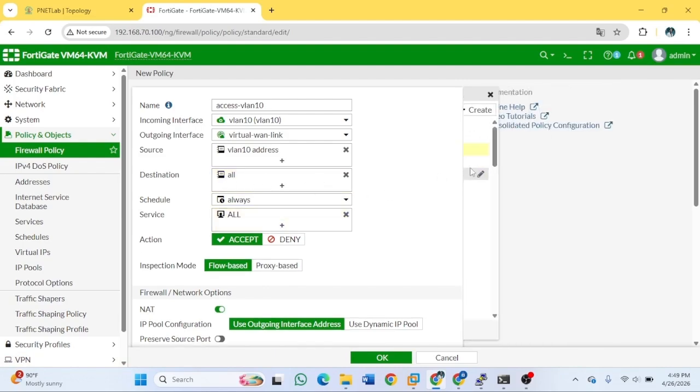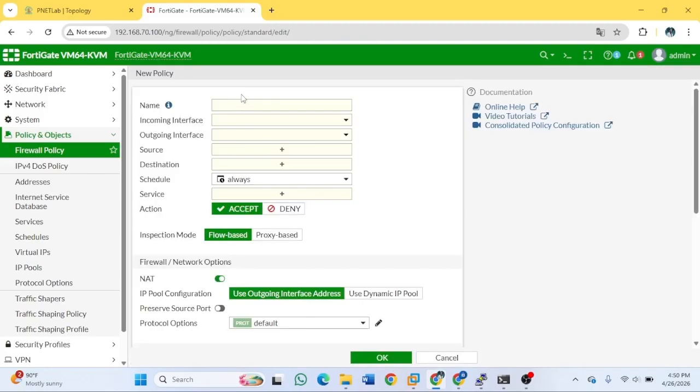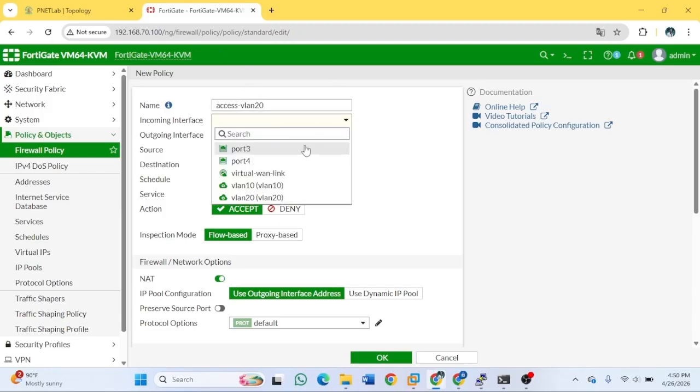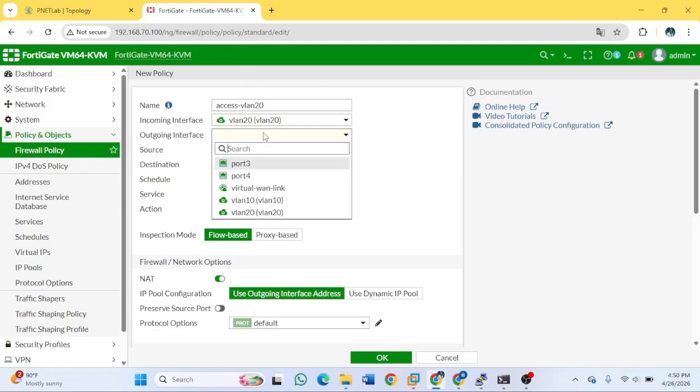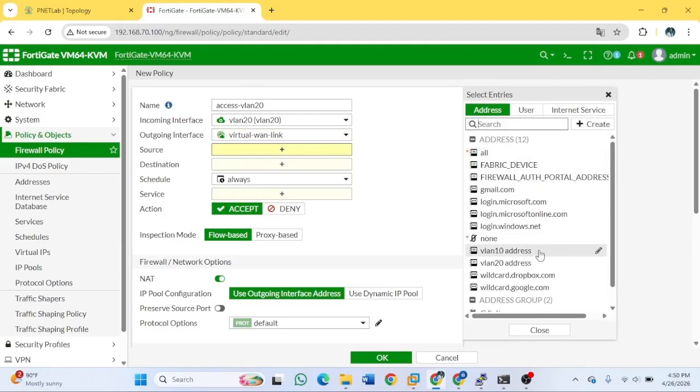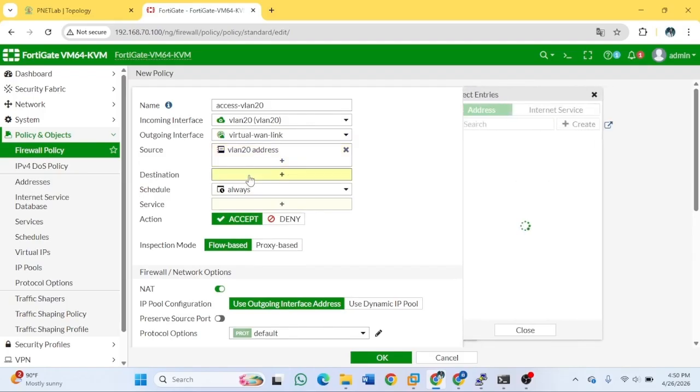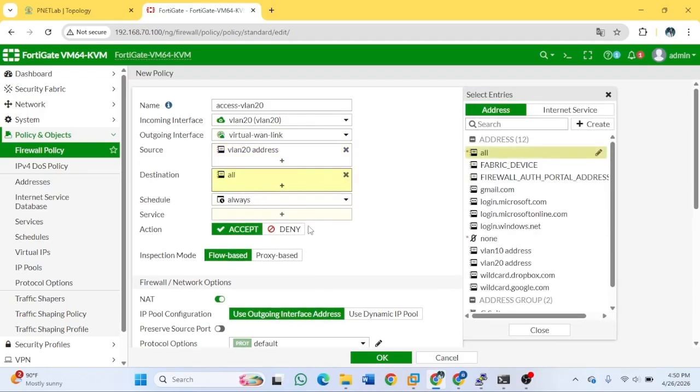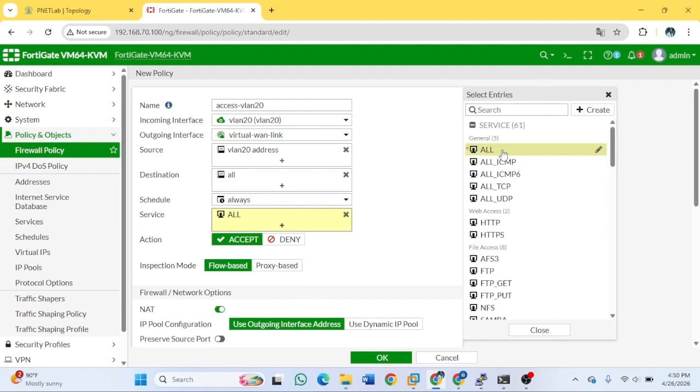After that click OK. Create again for VLAN 20, access VLAN 20, incoming is VLAN 20 and the outgoing interface is the virtual WAN link, and the source is VLAN 20 address, destination is all, and service all again, and NAT must be on here. Okay, after that OK.